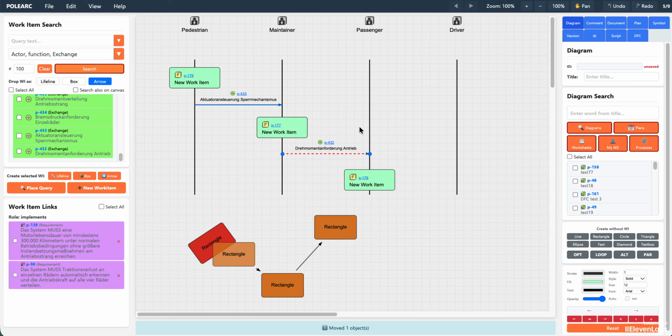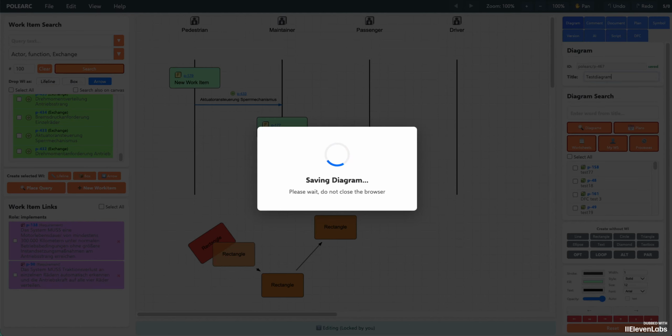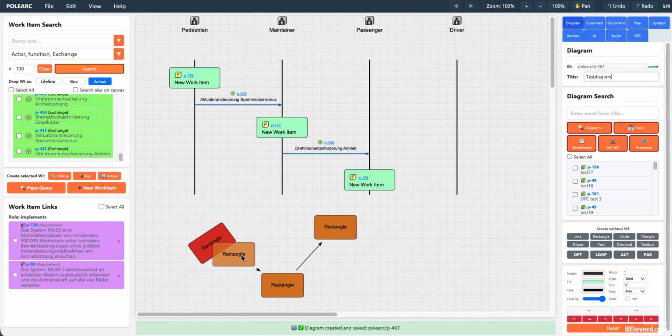We have just drawn something here. We'll give this entire thing a title, for instance, test diagram. And we're going to save this. And now this entire diagram will be created as a new work item. This means that if we were to take a look at work item P467 inside Polarion,